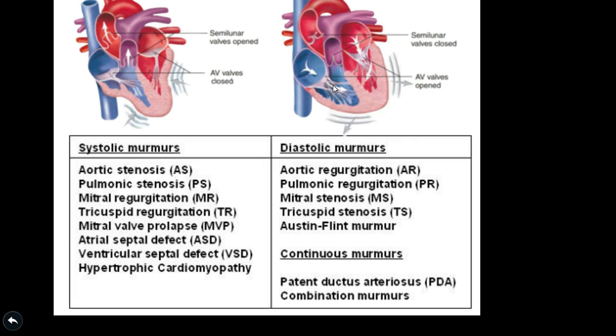And for the right side, there is a problem here. Normally it should be closed during the diastole. Now, there's a problem like vegetations or lesions. Then the blood goes back from the pulmonary trunk back to the right ventricle,